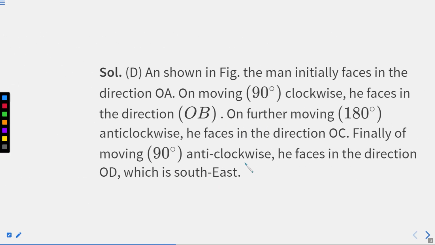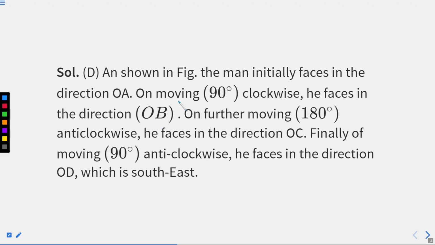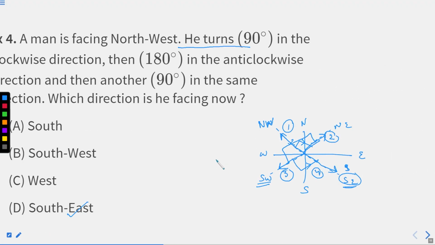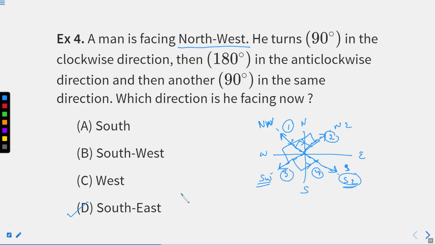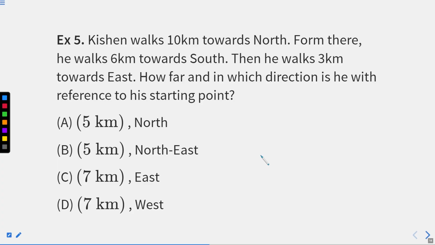For that, you can see here as well, right? First we move in that direction, then we move in this direction, then we move in this direction, and we'll eventually find ourselves in this direction, right? Here you can see the complete written solution as well. So the answer will be northeast for this particular question. I hope you are clear with all the directions. I know this diagram is hazy, right? For a clearer understanding, you can go back and reread this video. Now, we'll move to the next question dealing with similar kinds of problems.